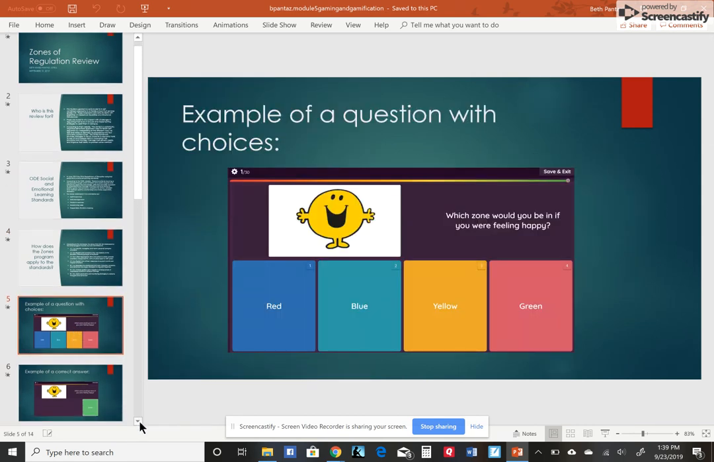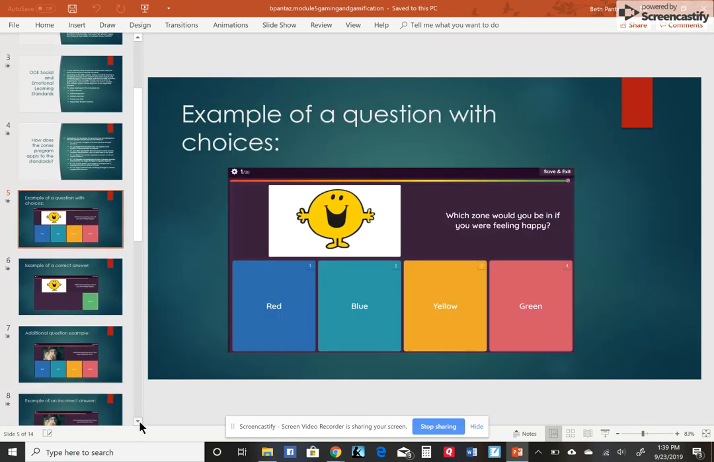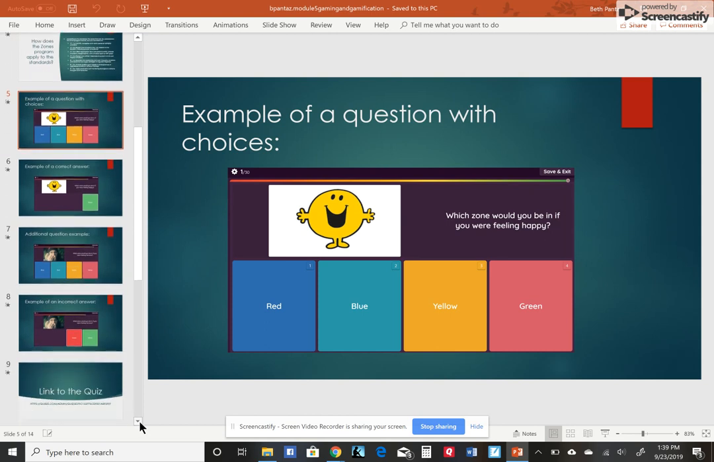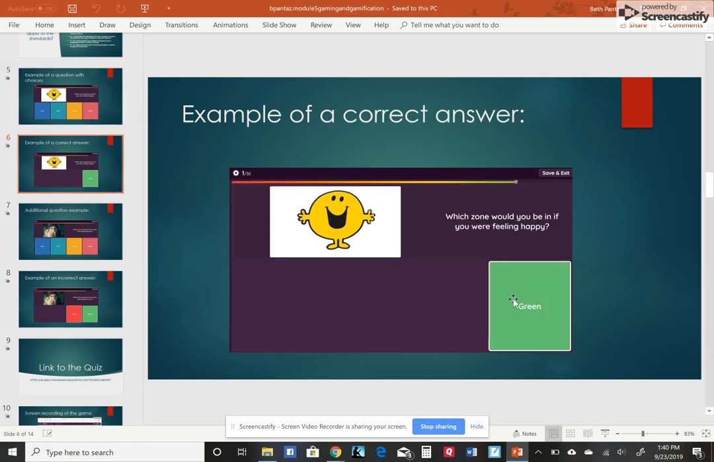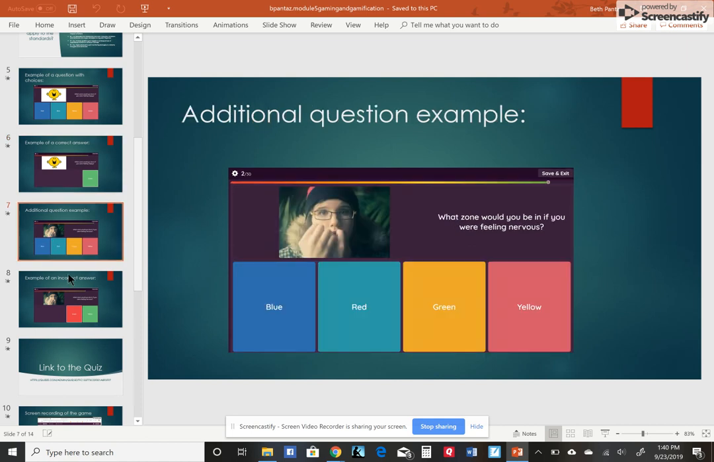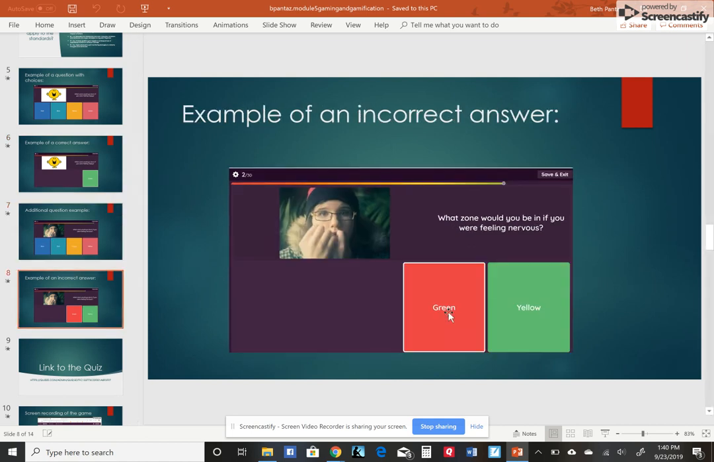This is an example of a question with the choices. I did try to align the different colors since they do have blue, green, yellow, and red, but unfortunately they randomized the questions, so that was not a possibility. When the student gets a correct answer, it highlights green. Here's another question that I had, and when it's incorrect, the incorrect answer turns red and the correct answer turns